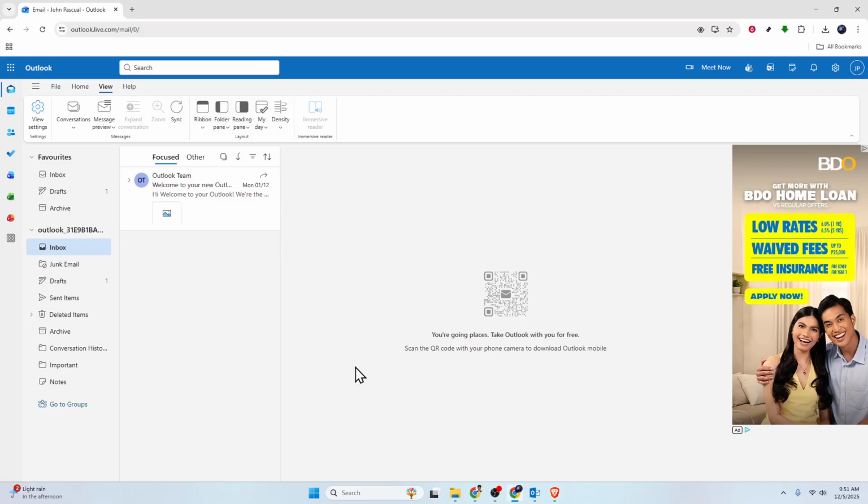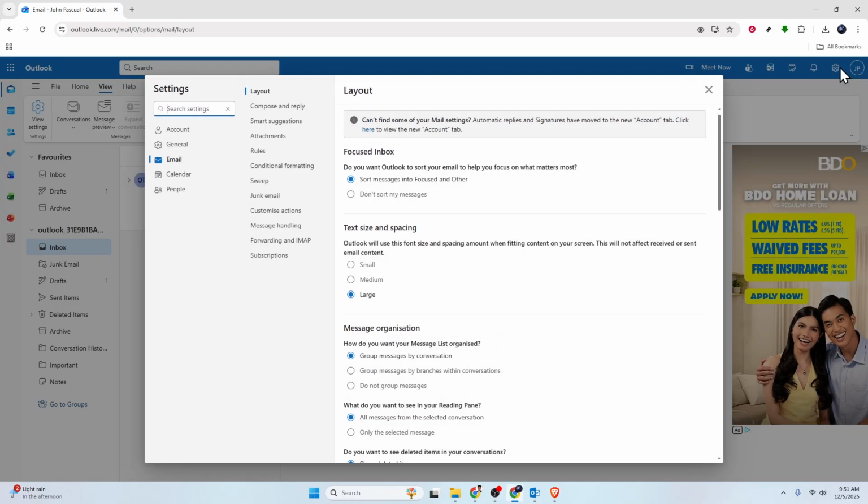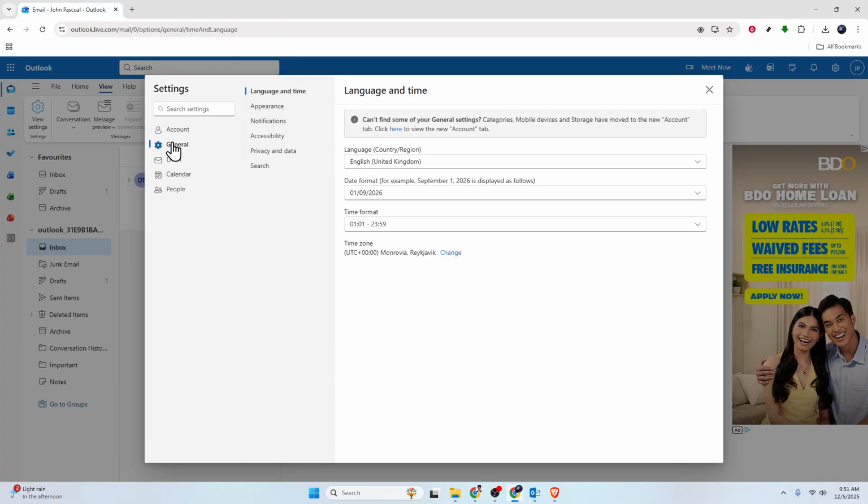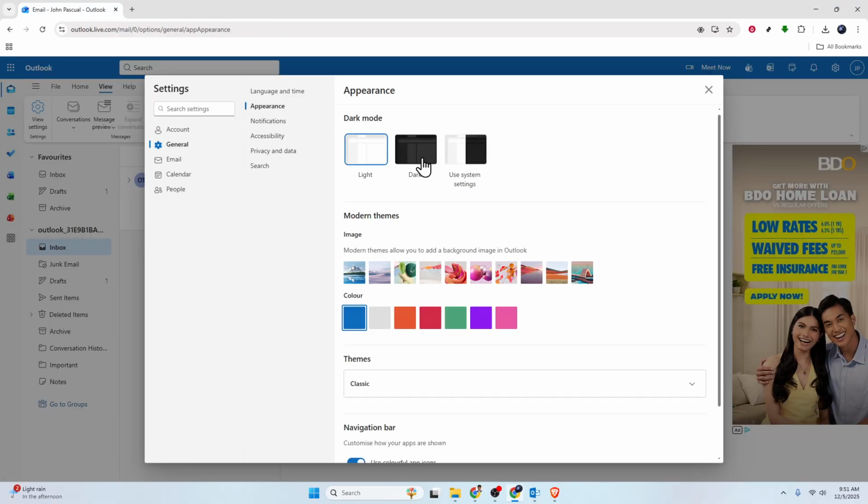In today's video, I'm going to teach you how to customize Microsoft Outlook. Whether you use the web or desktop app, these tips help tailor the look and behavior so your inbox works for you. Start with Appearance and Layout. Click the Settings gear icon, then under General, open Appearance to choose a theme, including light or dark mode for